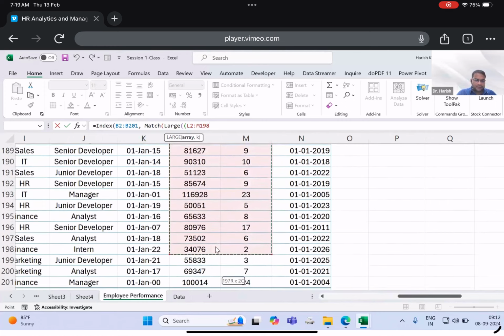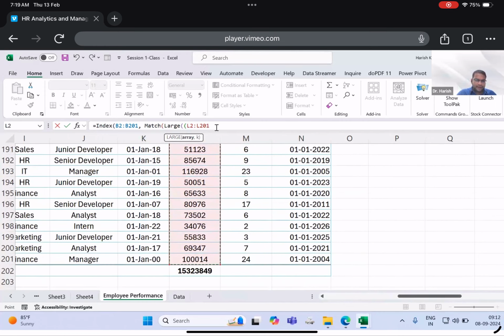So I have selected all the salary part. Identify the fifth highest. Let's say fifth, the kth value is the fifth highest. I can write it in a cell, and I can directly give the cell address as well if we want to drag or make it autonomous. But here I'm making a hard code. The fifth I'm writing here, and then